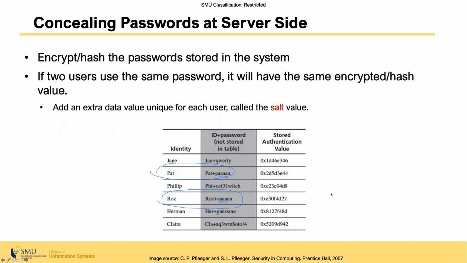So in the case that the attacker has access to the password file, and he is also one of the users there, if he spots the same hash value as his own password value, then he can easily know that the other user is also using the same password. Or he can try different password values and then try to guess the password. So to prevent this from happening,